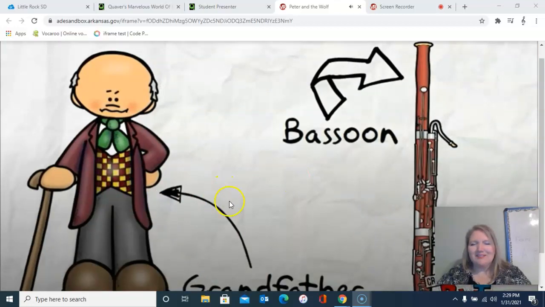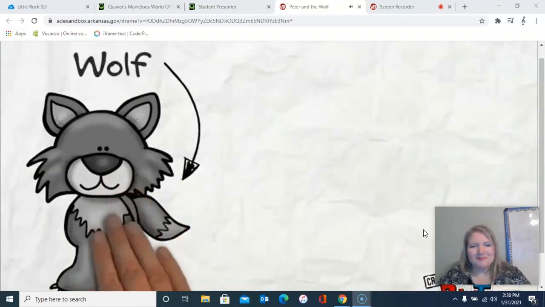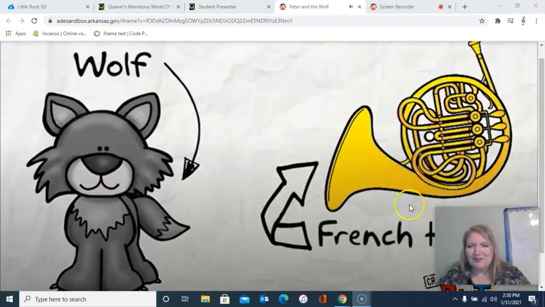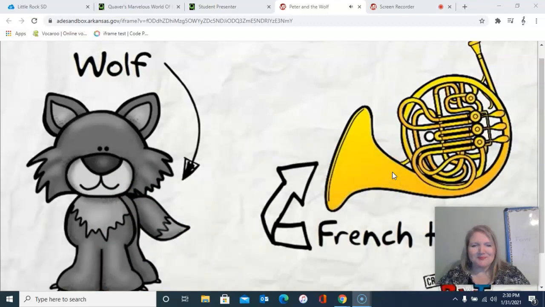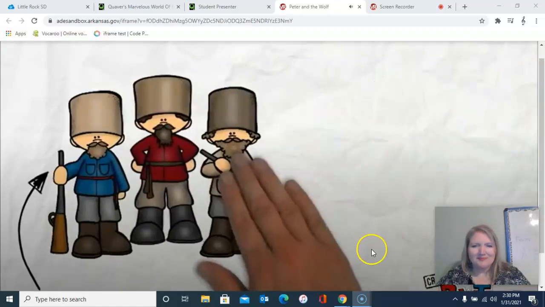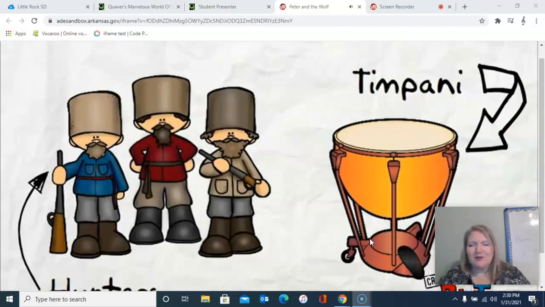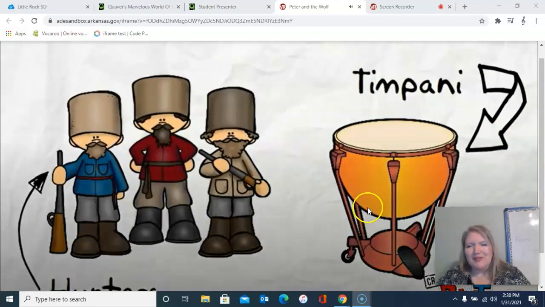There's grandpa or grandfather and the bassoon, another woodwind instrument. There's that wolf sound with the 3 French horns. And then you have the rifles of the hunters who are out hunting the wolf, and they are represented by